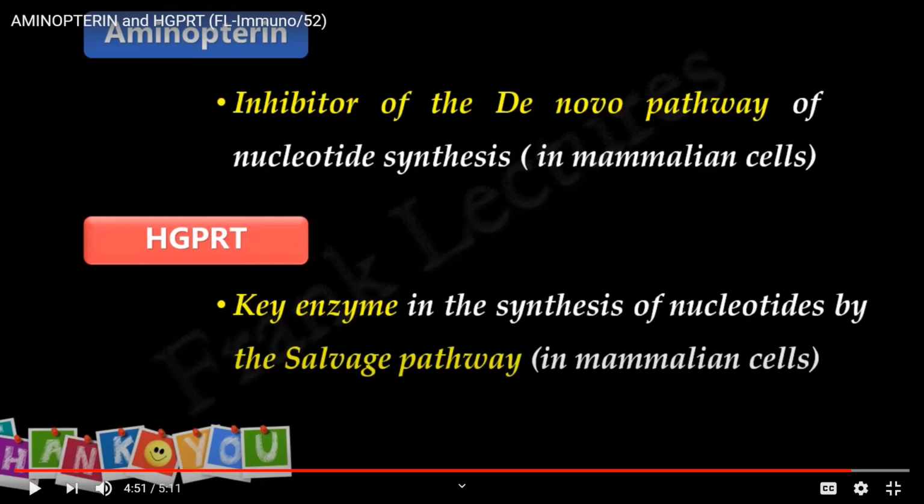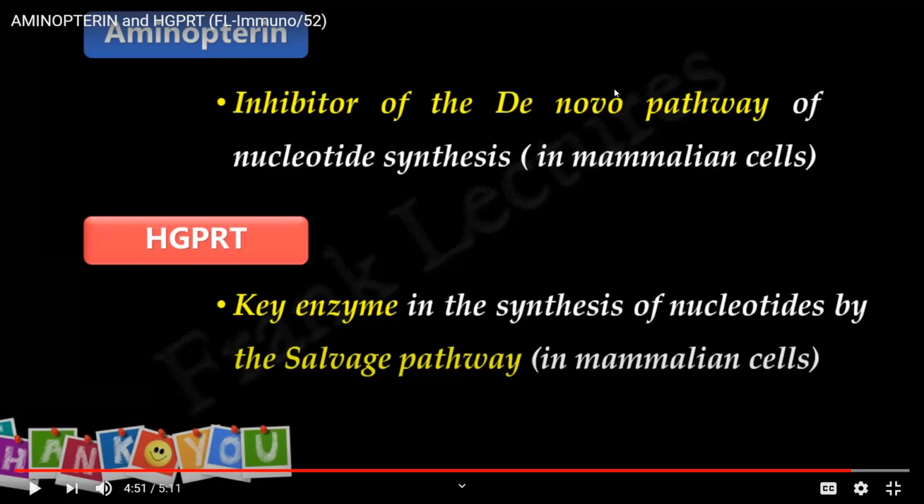As it is told, the salvage pathway retrieves the old material which is already present in the cells, and here we are actually transferring the cells from a different animal into the media. So that is why retrieving is necessary, and so it will follow the salvage pathway. And when it follows the salvage pathway, the HGPRT enzyme is necessary so that there is synthesis of nucleotides for further production of the cells. Okay,